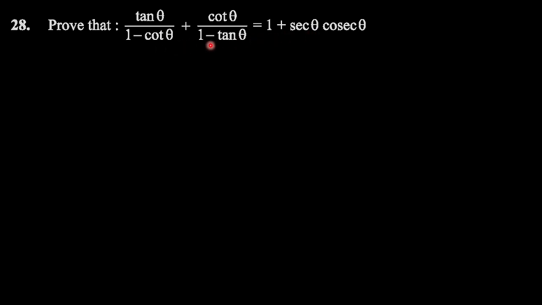Show that question. Okay. Tan theta by 1 minus cot theta plus cot theta by 1 minus tan theta equal to 1 plus sec theta into cosec theta. Very lengthy problem. Amira, how to start this problem? Amira, tell me. We can start like tan theta is